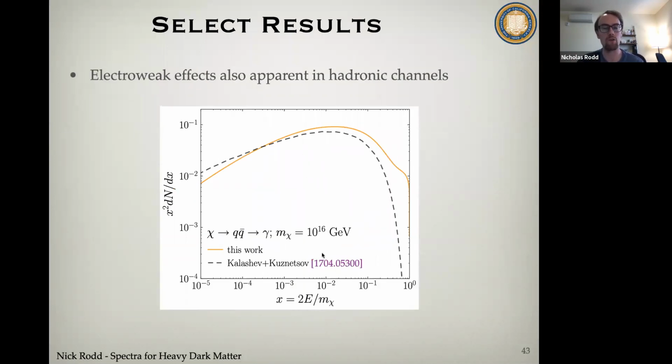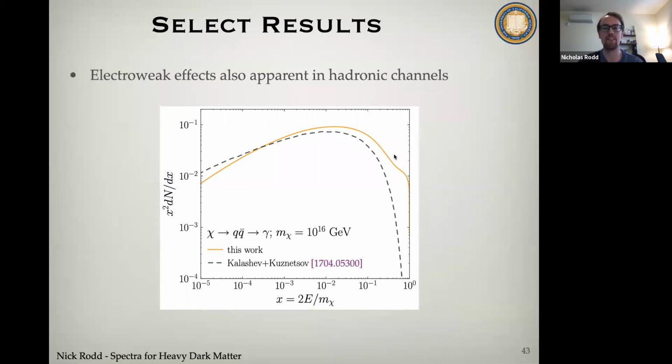agreement. So if you recall, I mentioned these authors who've been thinking about extremely heavy dark matter, like say a GUT scale mass dark matter, decaying to some QCD state and then looking at its evolution using the QCD DGLAP equations. And we find that our results are qualitatively in agreement with what they have. But again, there are differences.